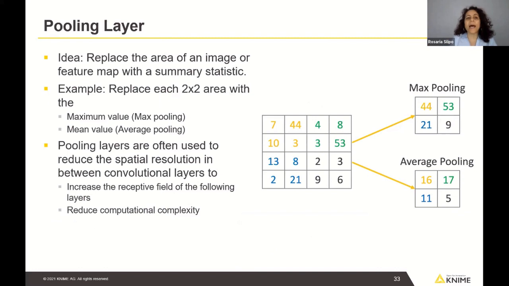The pooling layer, the idea behind pooling is that we take areas of the image or of the feature map that we have, and we replace these areas with a summary statistic. The summary statistic can be the maximum value or the average value. So as you can see, here we have an original feature map 4 by 4, and then we replace areas that are 2 by 2 long and don't overlap. And these 2 by 2 areas are replaced by the maximum value using the maximum pooling,